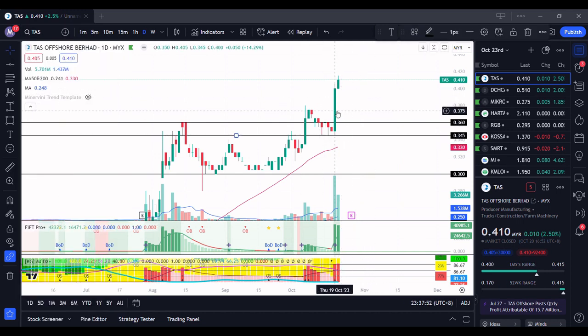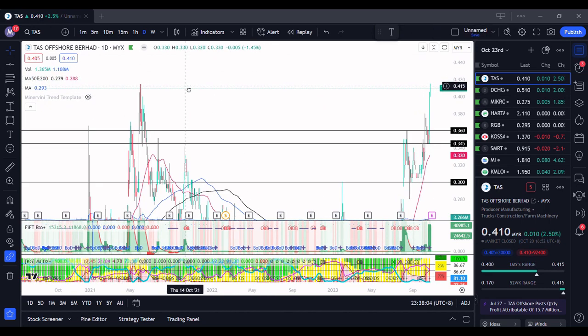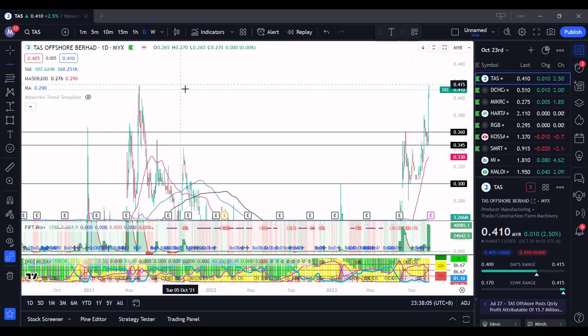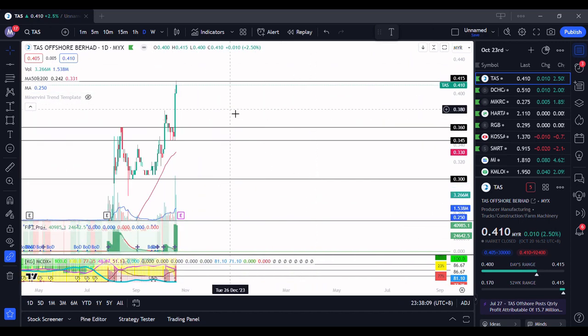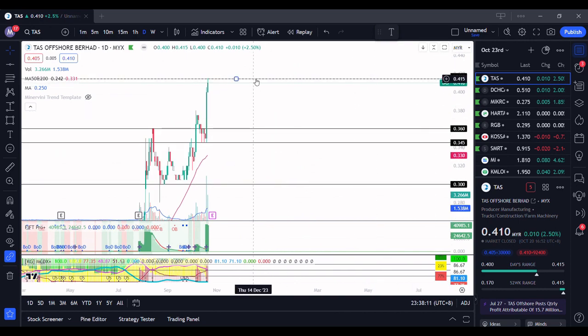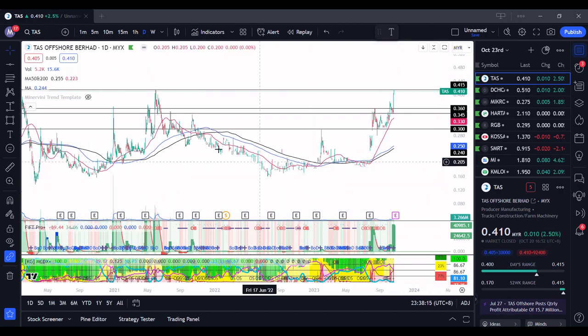Okay, Thursday with high volume. The only thing that you need to take note of is this stock is quite penny. It's only about 30 over cents. Your next resistance is actually quite near. Okay, it's actually 0.415. It attempted to challenge it already, and then didn't manage to break out from 0.415. So most likely you will meet some resistance, because if you zoom out like this, or if you use the weekly